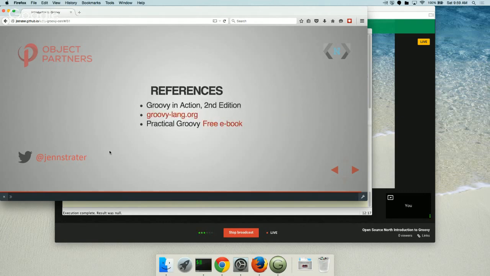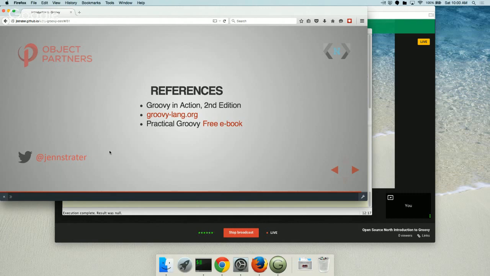Okay, so if you're looking for what to do next, you should definitely read Groovy in Action. It's a huge 800-page book. I've got it sitting at the Great Ladies Meetup table if you want to take a look. It is the definitive and go-to guide for learning Groovy. They just came out with a new version in June, the second edition. The groovylang.org site also has full documentation.